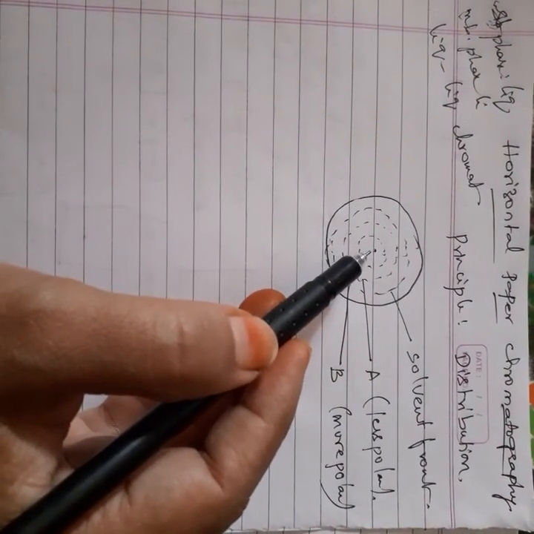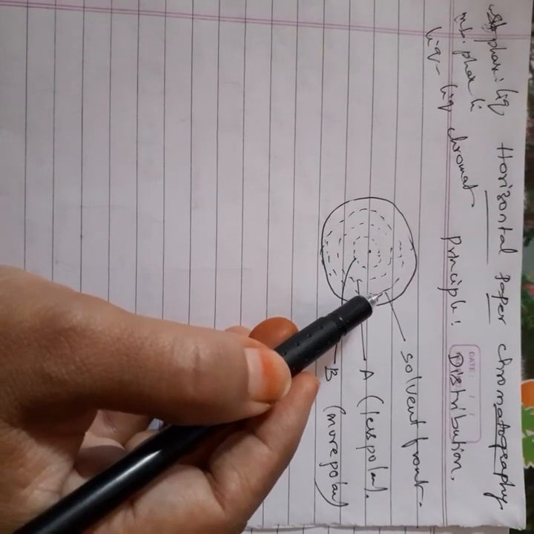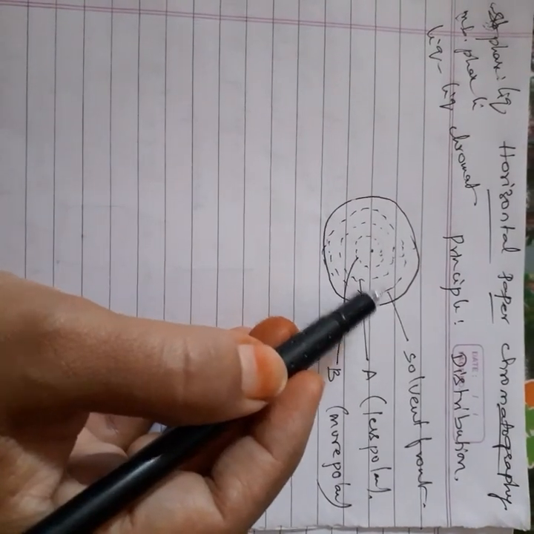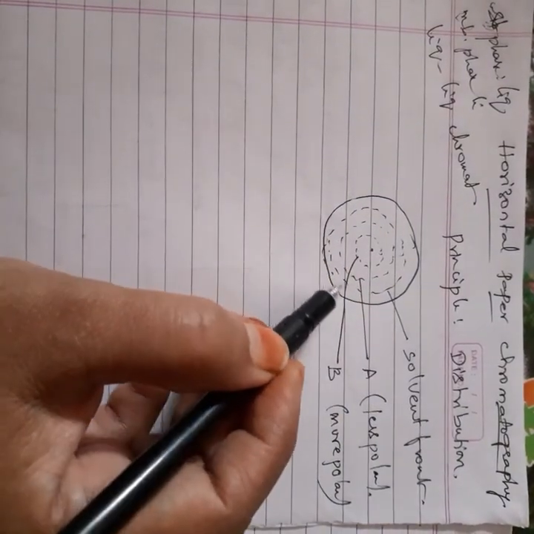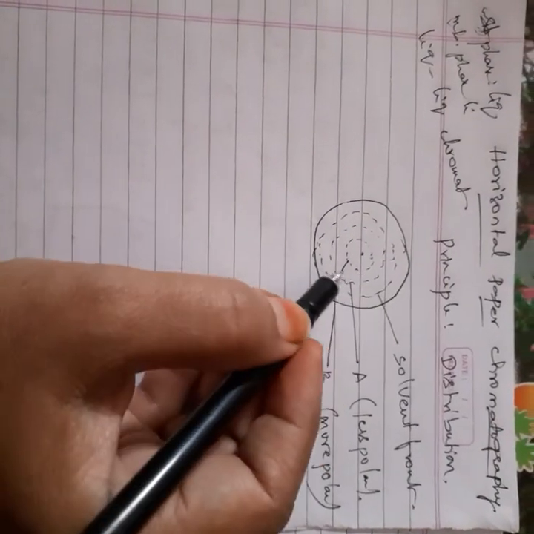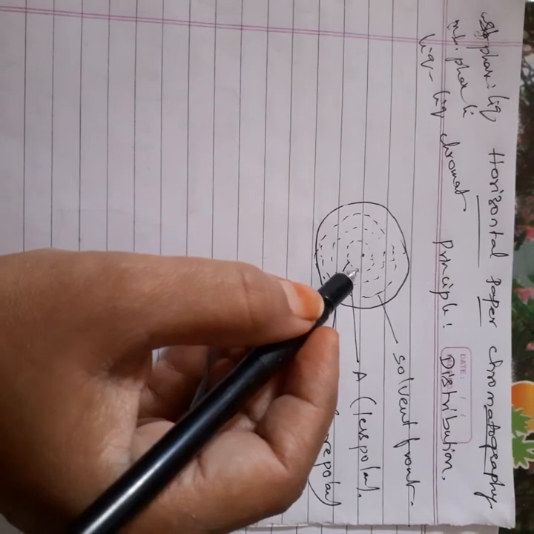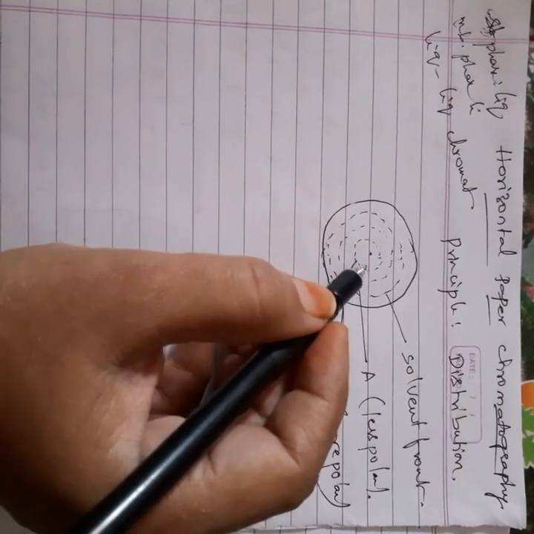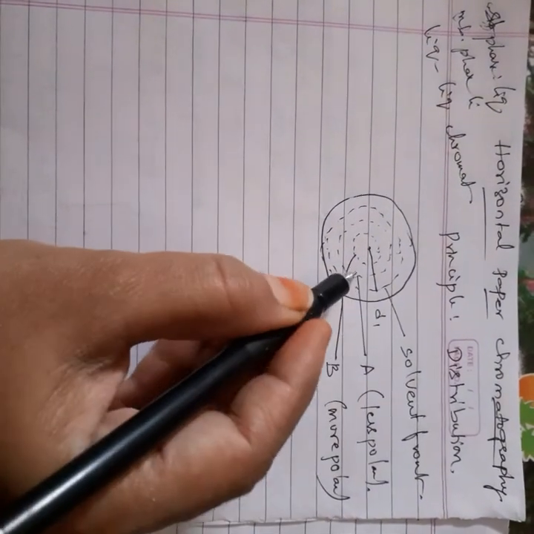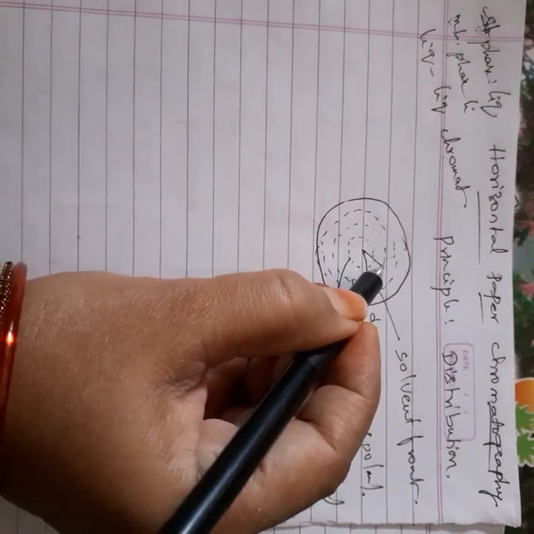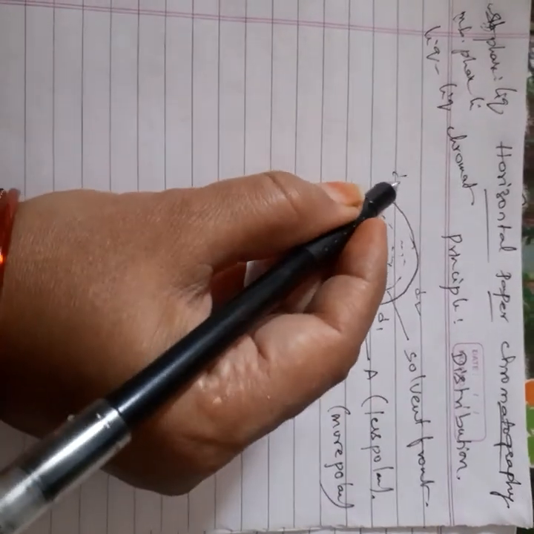Once this solvent, that is the mobile phase, spreads into this horizontal paper and reaches 4/5 of this circle, you need to remove that paper and dry it for some time. And this circle you need to draw with a pencil. Similarly, how we calculated in ascending or descending paper chromatography, the same calculation needs to be done here also. From the spot, this distance is noted as D1, from the spot up to this line it is noted as D2, and from the spot to this distance is noted as D3.